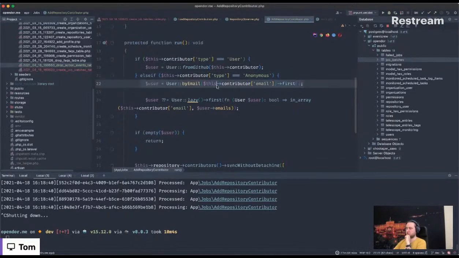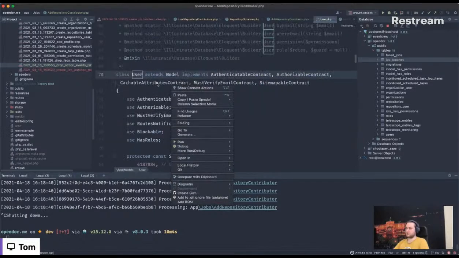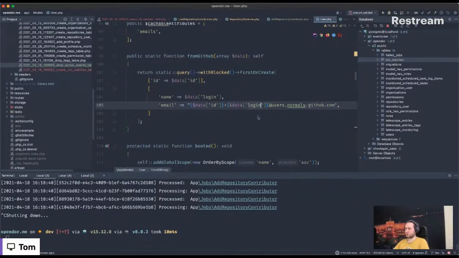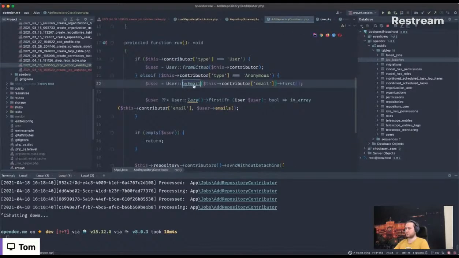So if this one succeeds, so if the contributor is already indexed with his primary email address, or at least the one that is used for the commit, everything is fine. Or if he uses his GitHub no reply email address, so if you go to the user, says this one here, ID plus your nickname at users.no-reply-github.com, and everyone can use this email address. And if the contributor has used it for the commit,